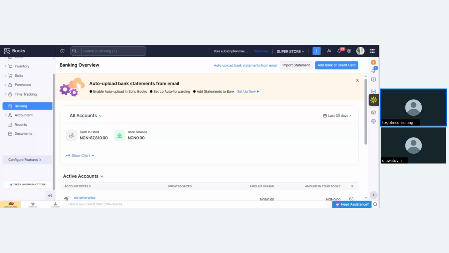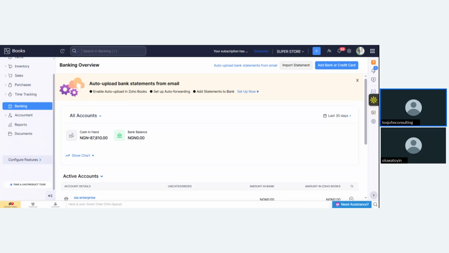So for the state, we have Pay As You Earn for your employees. Before you pay them salary, whatever you agree with them, you must pay tax on their salary, so far as their salary is more than 70,000. It is those that are having 70,000 and below, minimum wage, that are not meant to pay Pay As You Earn. They are exempted. So being exempted does not mean you will not have your tax ID. You still have it as an individual, but you will not pay. Do you understand now? So there are ways to calculate that and all of that. We'll get to that. So I'm just giving you a brief on all of this.